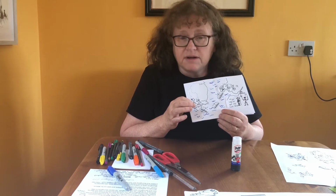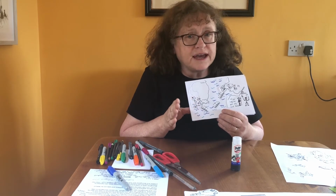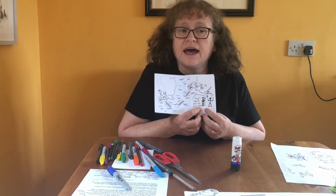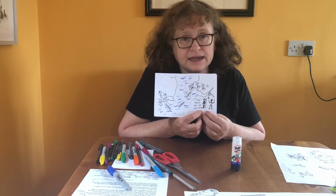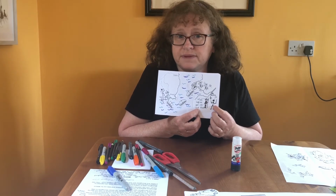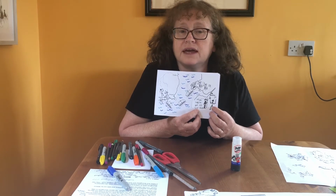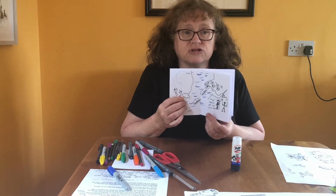So Dermot MacMurrough and Strongbow's armies joined together. But before they actually did that, Dermot MacMurrough, back in Bristol, had promised Strongbow that if he came and helped him to get his land back, Strongbow could marry his daughter Aoife. And the deal was that Strongbow would then become Dermot's heir, so that when Dermot died, Strongbow gets to control